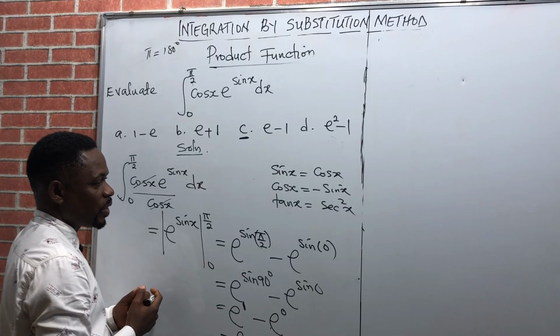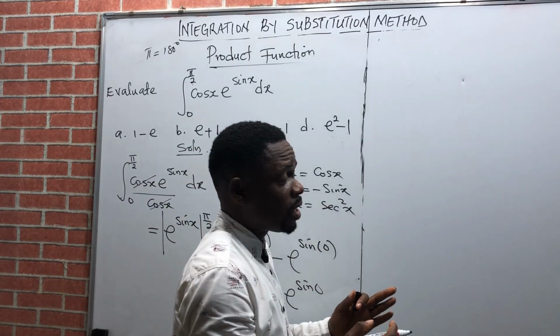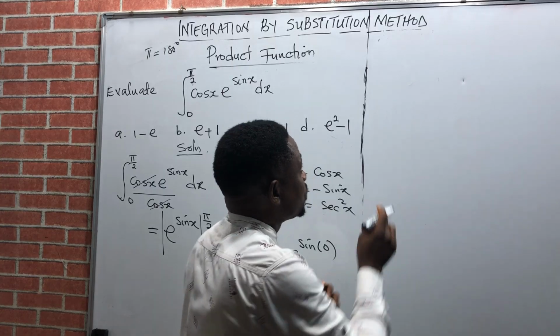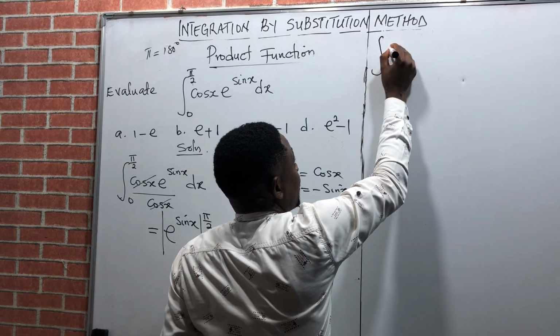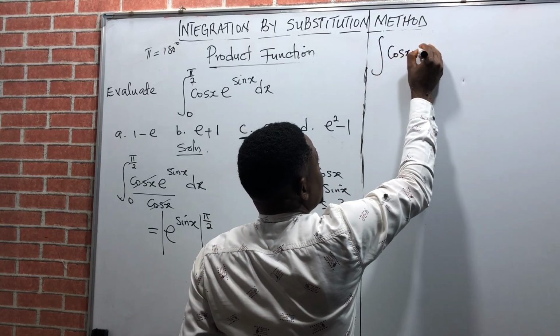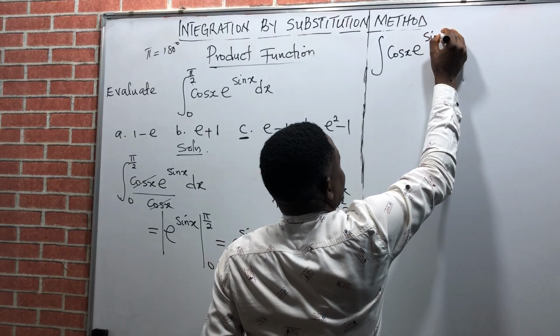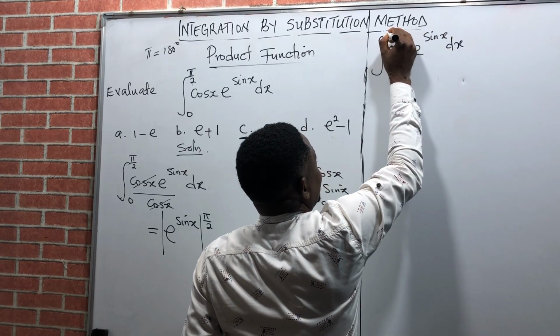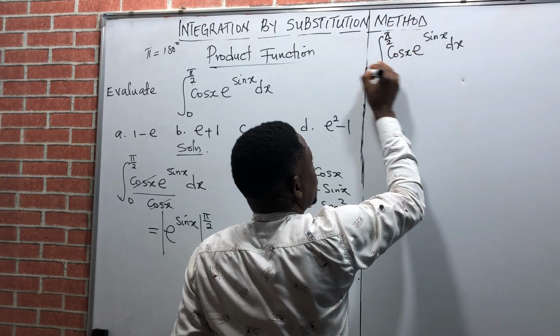Then, if that is the way, can we now move to the normal method, which is integration by substitution? We observe this: the integral of cos x exponential sine x, bounded by pi over 2 and